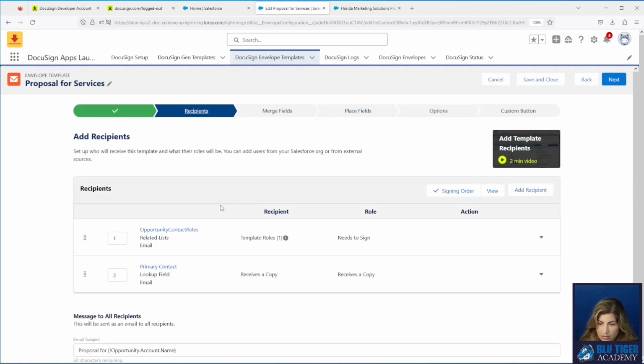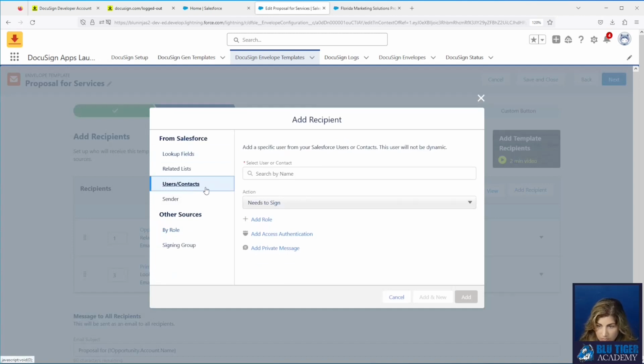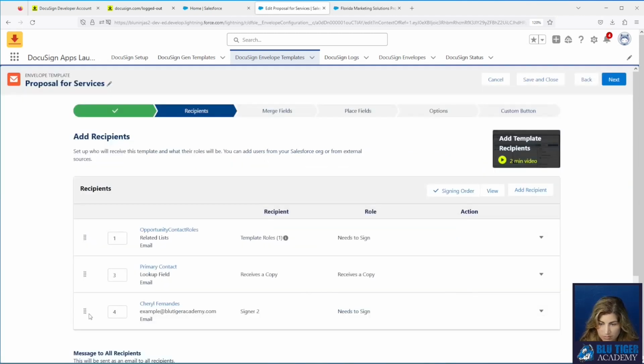We can see our signer 2 did not save. Let's add that again. See, I told you. Needs to sign. Signer 2. Add. Oh, the signer 2 is missing here. So something's funky going on in DocuSign.